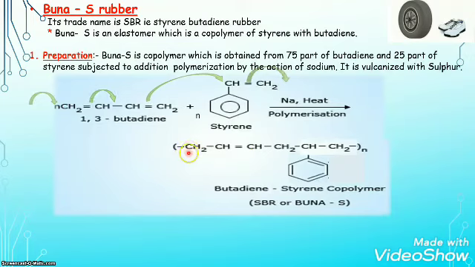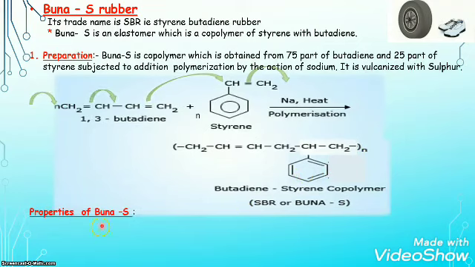Here you can observe properly now. This CH2 will start like this, CH2, then single bond, then this CH, after that CH double bond CH. So the formation of a double bond is there in the Buna S, then dash CH, then single bond CH2. This CH2 is directly bonded to the CH of styrene. After that single bond, dash CH2, bracket complete and end. This is the structure of Buna S.